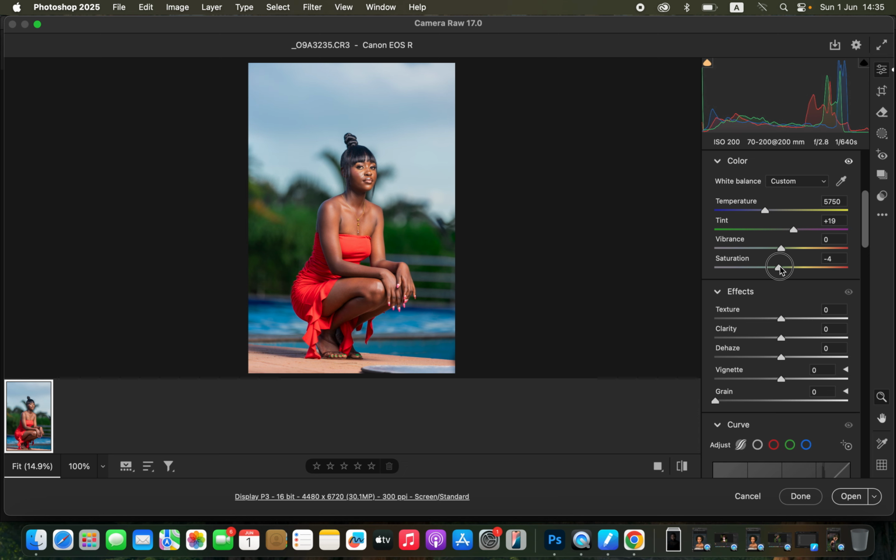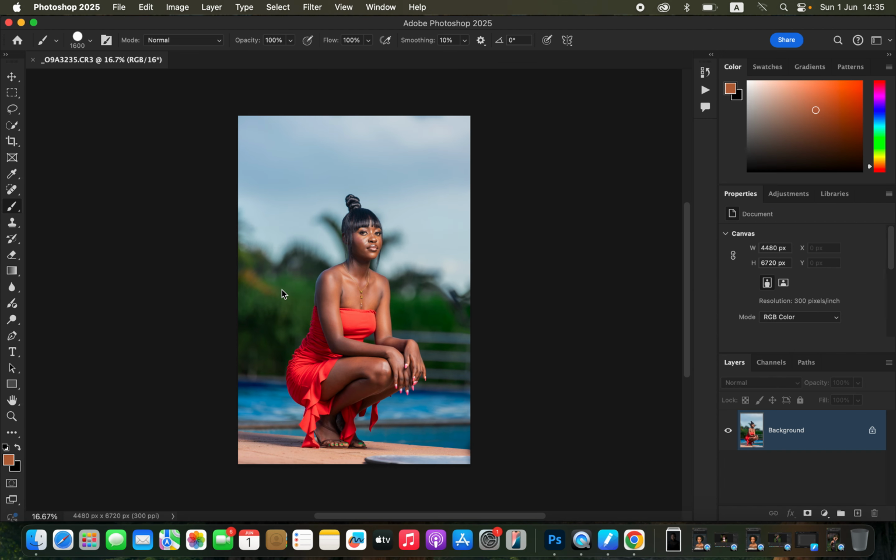I'll take it to around -5. So you can see that this is okay. So after you have done this, you can say before and after for just processing the raw image within the camera raw filter. So just click on open in order to open this photo in Photoshop for us to do